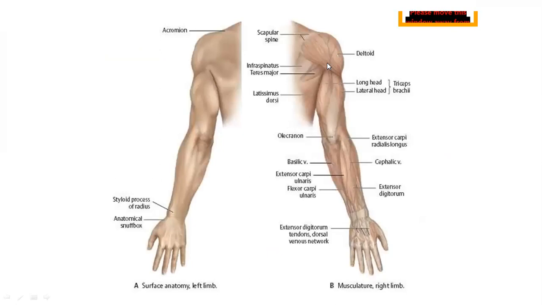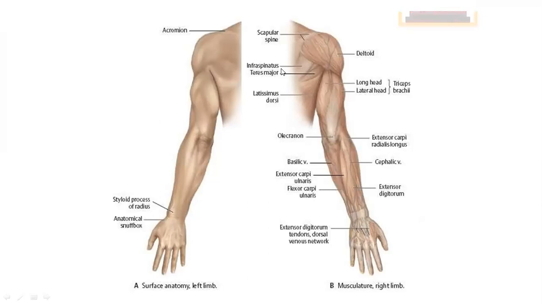Now again, this is a comparative study of two pictures where we are shown the surface anatomy and also the underlying muscles. This picture is the posterior view of the back. You find the arm and forearm, the dorsum of the hand and the digits. Here this bony landmark is the acromion process. On the lateral side of the forearm, we know we have the radius bone, and in its lower part we have the styloid process of the radius. This point is the anatomical snuff box.